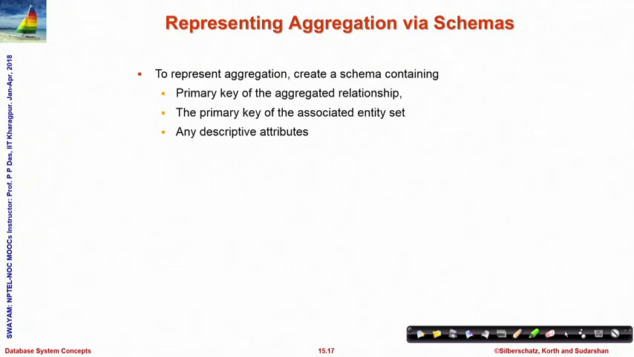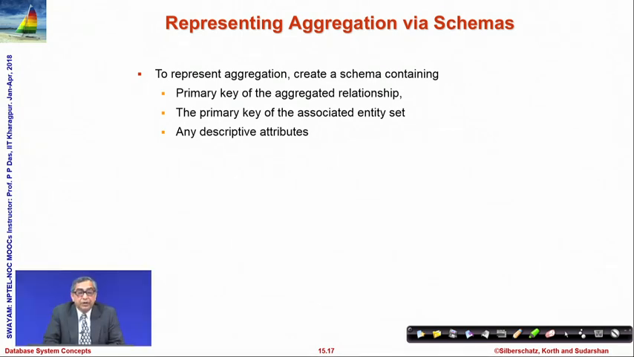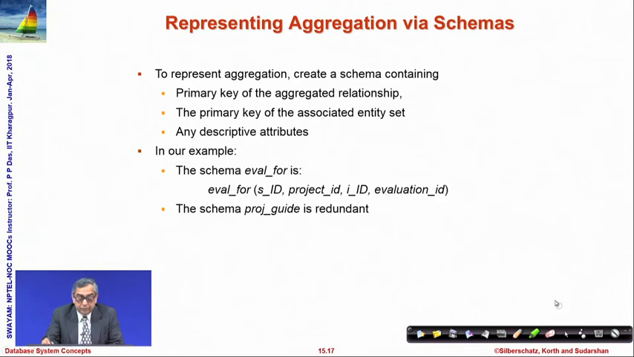So, how do we represent this in terms of the schema? What we do is represent the aggregation by creating a schema containing the primary key of the aggregated relationship, the primary key of the associated entity set, and all the other descriptive attributes, and put them together. So, in our example, the schema would be eval_for, and that schema will have